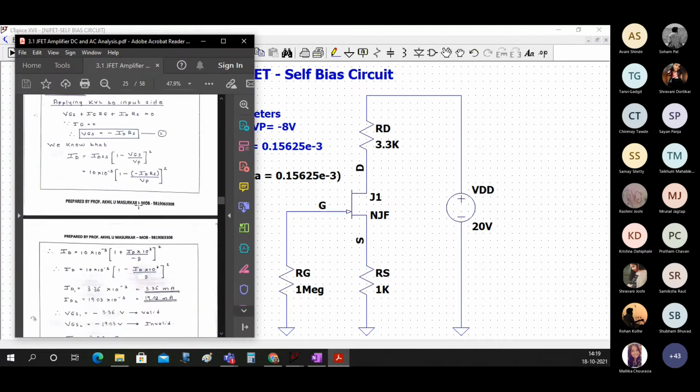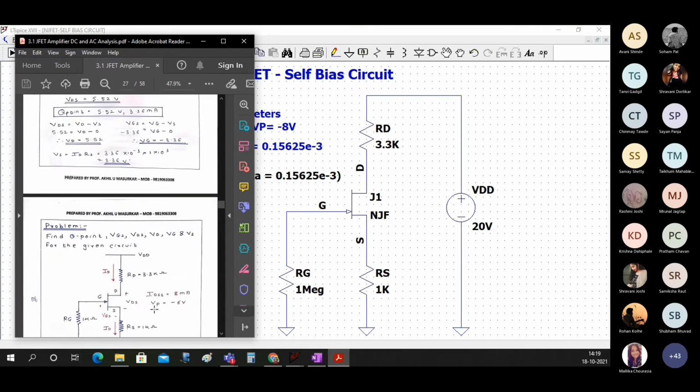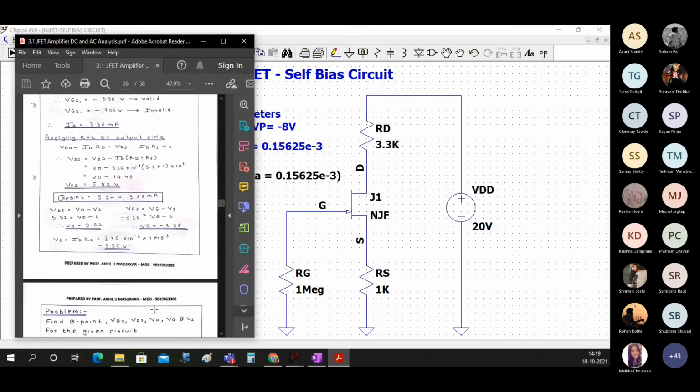So we have calculated the value of ID, that is 3.36 milliamperes, and the Q point was at 5.52 and 3.36 milliamperes, and that is something that we now want to check.